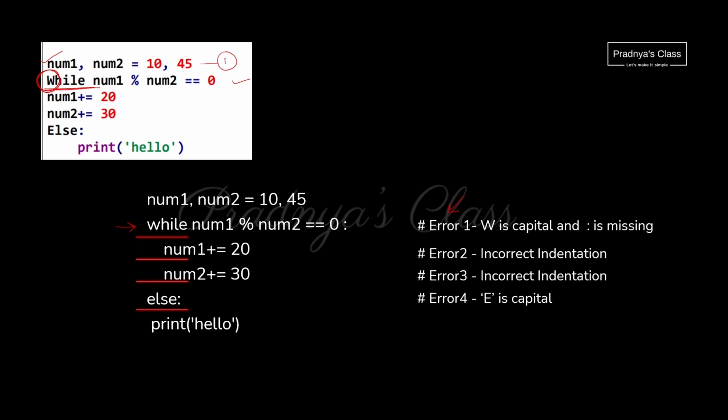Whenever we use any looping statement or conditional statement to create a block, we write a colon. So that is also an error. We should be correcting it. The block of while got created, and if we look at the next two statements, they should be a part of that block. That's why the indentation of these two statements should not be in line with while. Proceeding to the next statement. Else is a keyword but E is not capital. So correct it, and that is also one of the errors. E is capital. In this way we detected all the errors. So you need to detect 4 errors. You will be getting half a mark for each error.